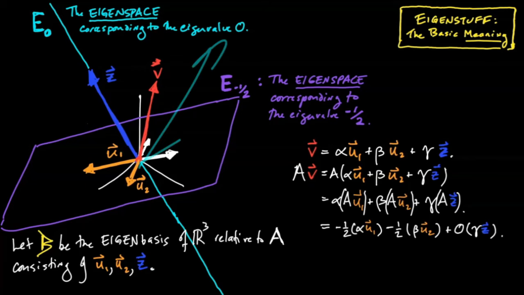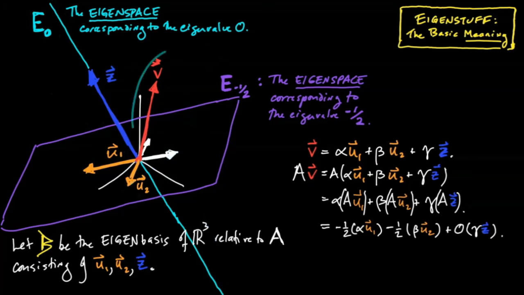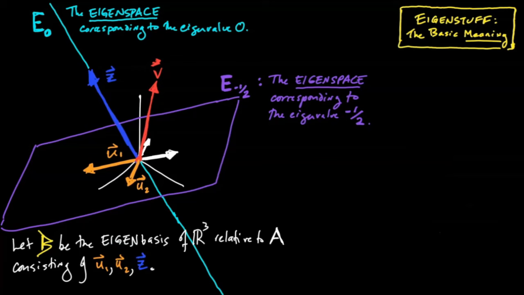For any vector in R3 that does not happen to lie in one of the two eigenspaces, that vector will of necessity have at least one component that gets stretched by a factor of -0.5, and another component that gets killed, stretched by a factor of 0, meaning the vector can't simply be stretched. So eigenbases are nice. When we have an eigenbasis, we can understand the map or matrix as a sequence of stretches along particular axes. And as a result, if we can write down the matrix of a linear transformation relative to an eigenbasis, the matrix will be very, very simple.